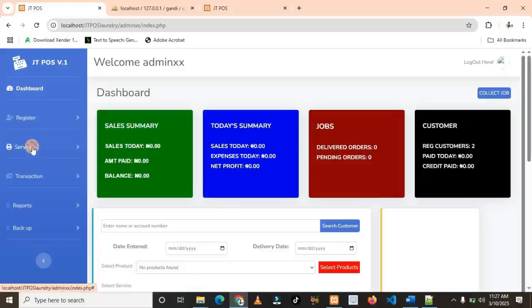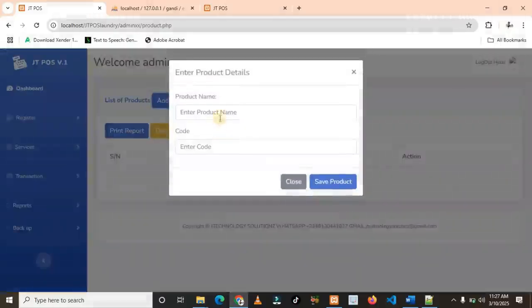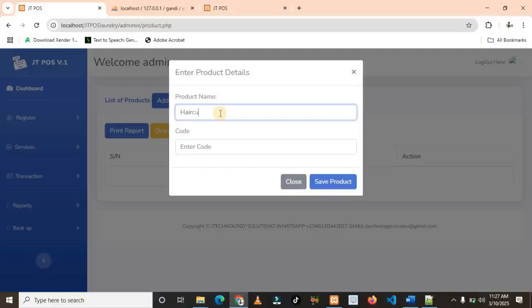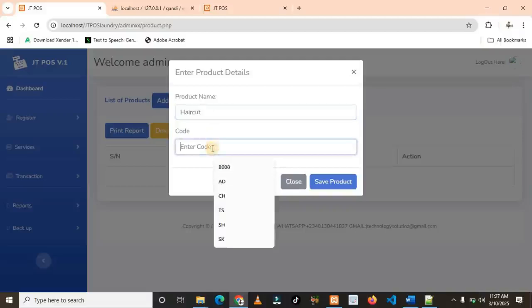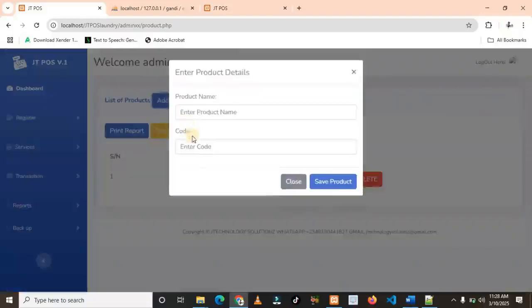We are going to be creating some services, so I would come under product and create some product. I'll click on add product. The first product I will add here will be haircuts. Let's assume it's a barbing salon. You're going to have haircuts as a product. I'll give it a service code of HT. I'll save. I'll create another product,